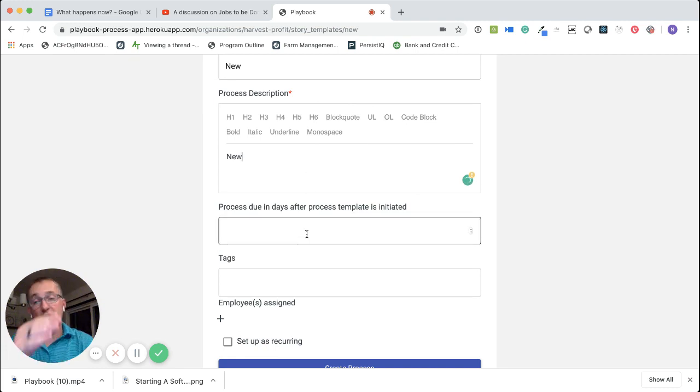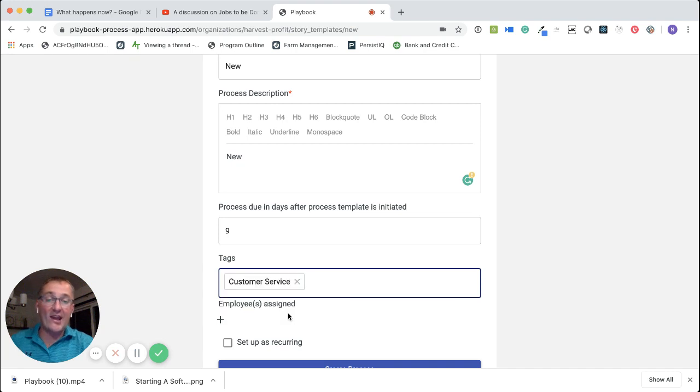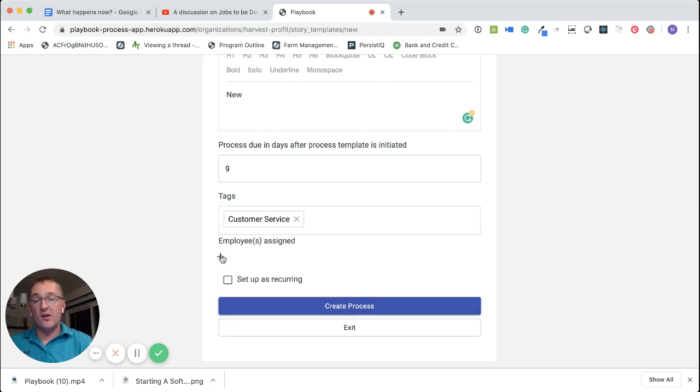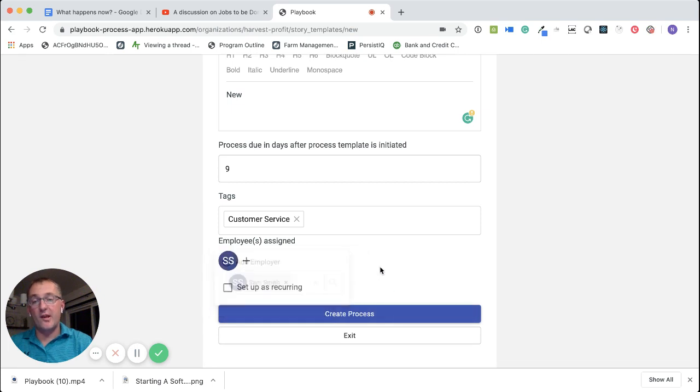We used to have fixed due dates, and now we have a more flexible due date. So we can say we want this process to be done 9 days after it's initiated. Let's just call this customer service, so we can tag processes and we can search and filter processes that are either in templates or in an inactive state by those tags. We can assign our good old trusty employee Sam Smith, our fake employee we use in this, and then we